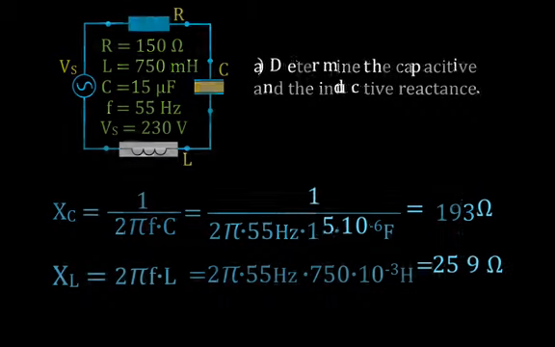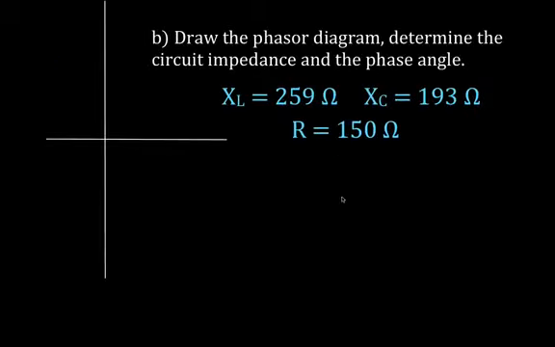All right, the next thing we said we're going to do is draw the phasor diagram, determine the impedance and the phase angle. Here are the values that I'm going to bring over from what we were given that we need to draw the phasor diagram, and I'm going to draw the phasor diagram first. Typically, when we draw the vector representing the resistance, we draw along the positive x-axis like that. When we draw the vector representing the capacitive reactance, we draw along the negative y, and along the positive y,